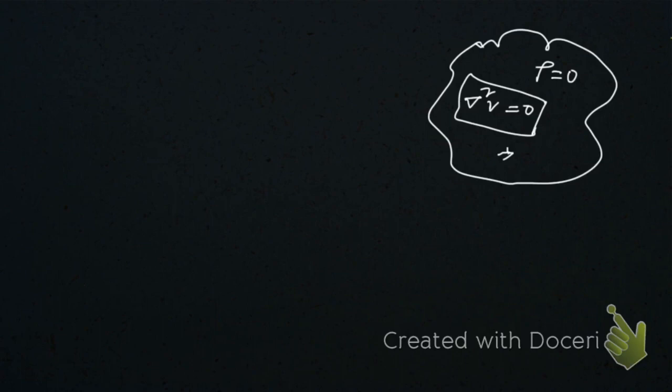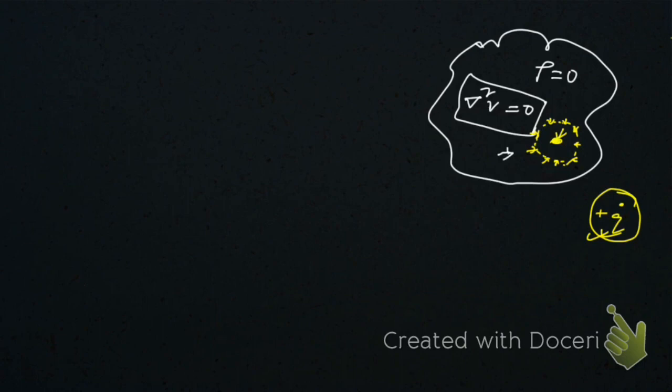It is such a region that if you take a point here and you have a charge outside this region, then if you imagine a sphere around it, keeping this point at the center, the potential due to this charge at each and every point of this sphere, if you find the average of the potentials at all the points on the surface of this sphere, that average will be equal to the potential at this point due to this charge q.